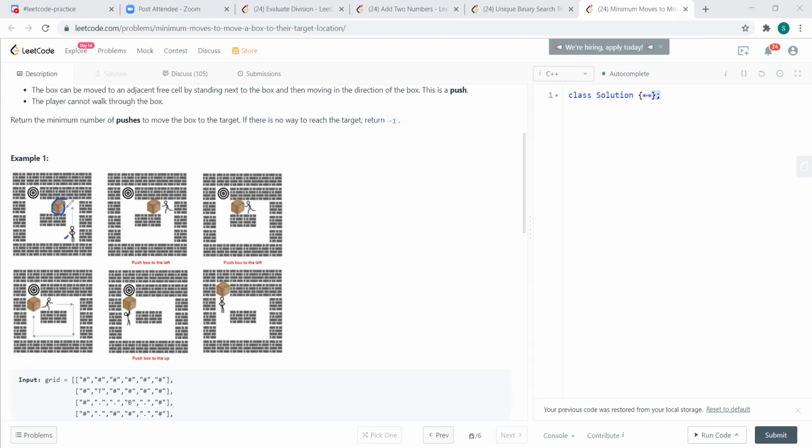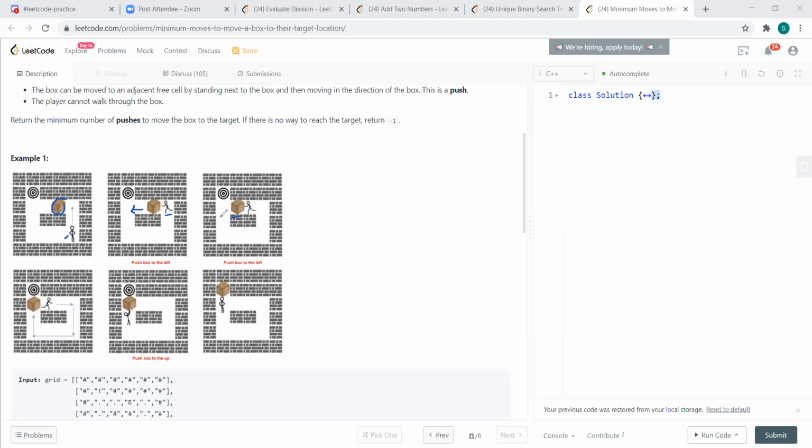And if he's standing on the right hand side of the box like this, he can move the box in this direction. So he can move the box to the left side. And so this will be one push. When he pushes like this from the previous cell to this cell, it will be one push.